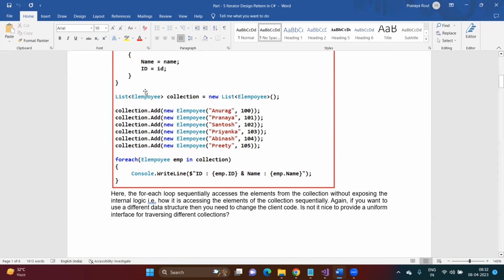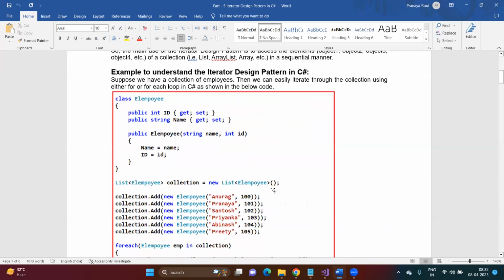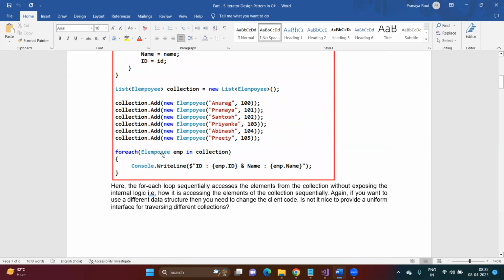of employee. And if instead of a list of employee, you take an array list, do you think the way of storing the data, maintaining the data structure, is the same in the case of an array list? Array list might have a different data structure. Array might have a different data structure. List might have a different data structure, right? That means they are going to store and handle the data in a different manner, right? So the data structure is going to vary, and this for each loop, how is it implemented,